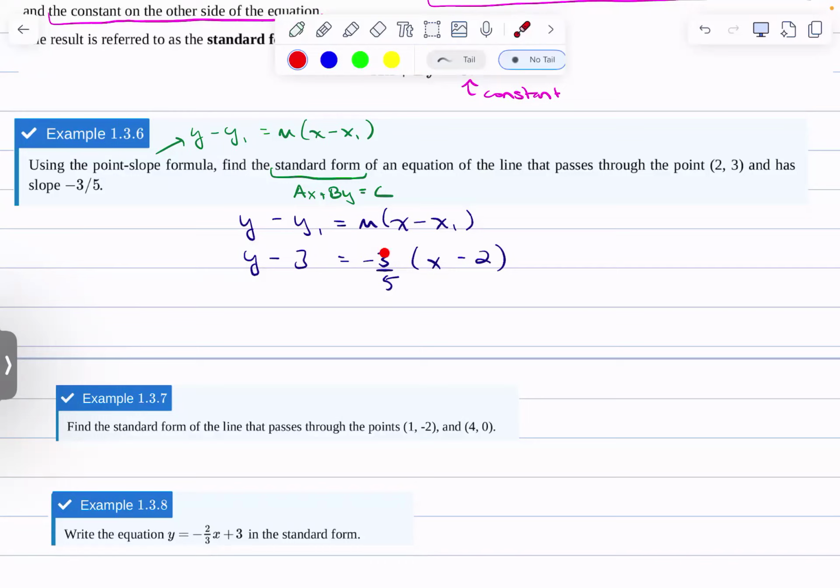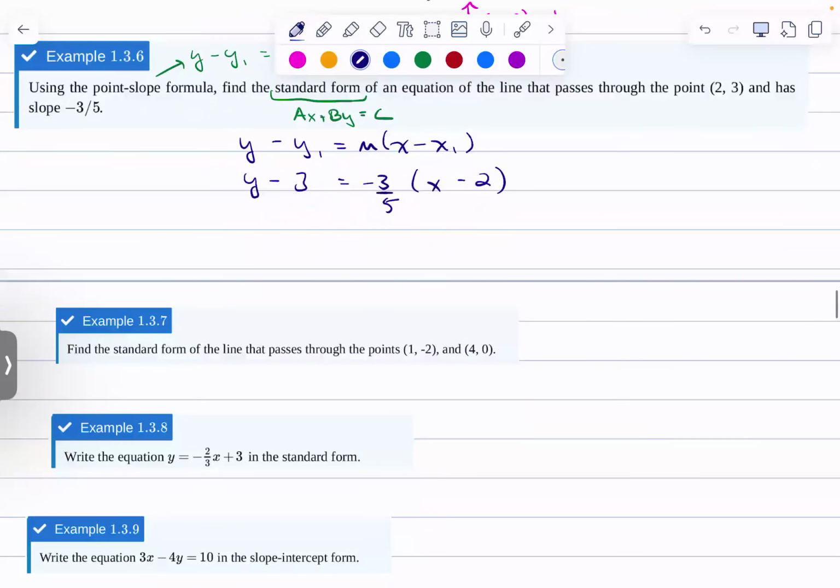First thing I need to do is distribute this -3/5 into the x minus 2. So let's see here. y minus 3 is -3/5 times x, and I'm going to do -2